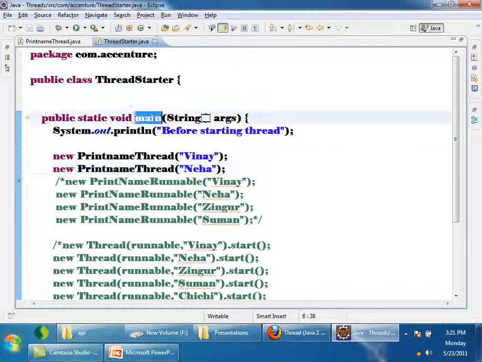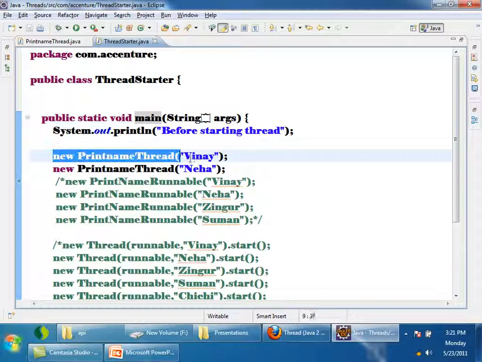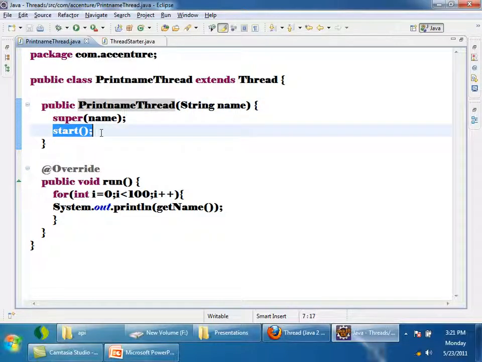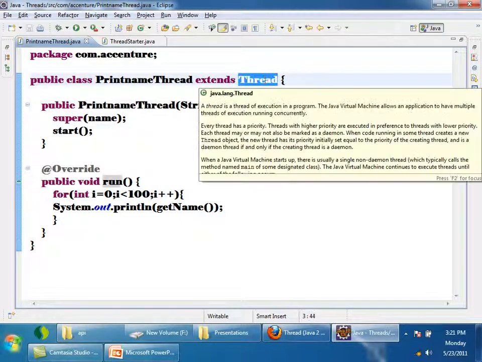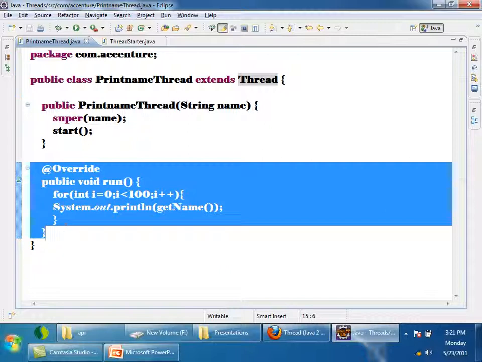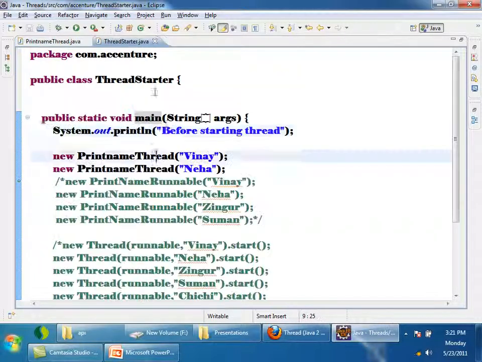Once I run this program, my main thread will start, and when this is executed, the constructor is called. In the constructor, what am I doing? I am calling the start method. The start method is inherited from where? The Thread class. This will ask the thread to start, and after the thread is started, which method will it execute? The run method. Right? See this and let me know if you have any doubts.